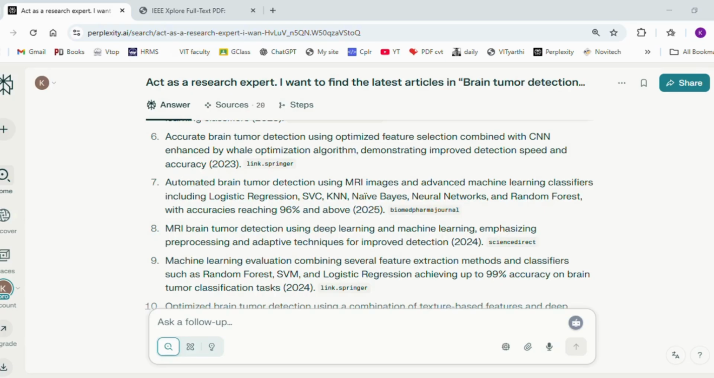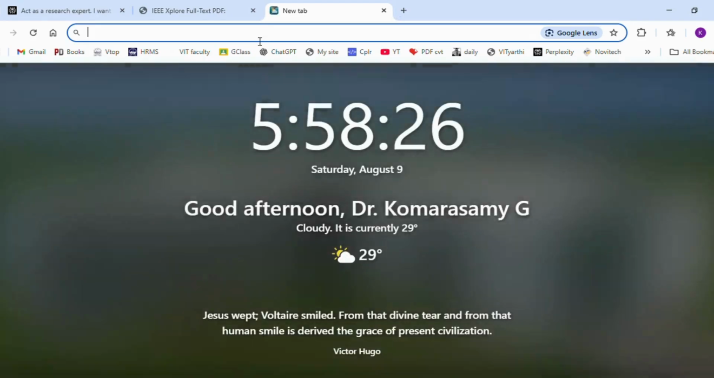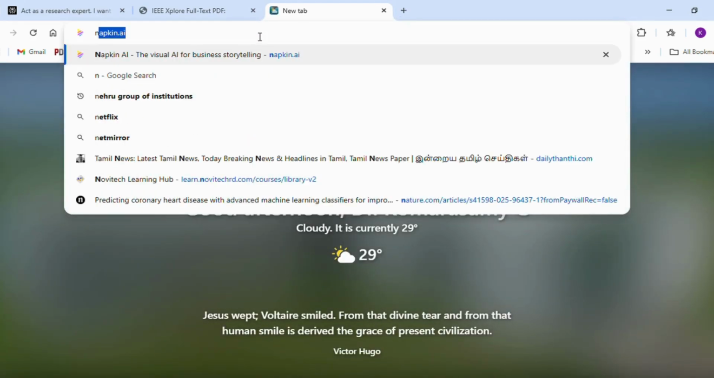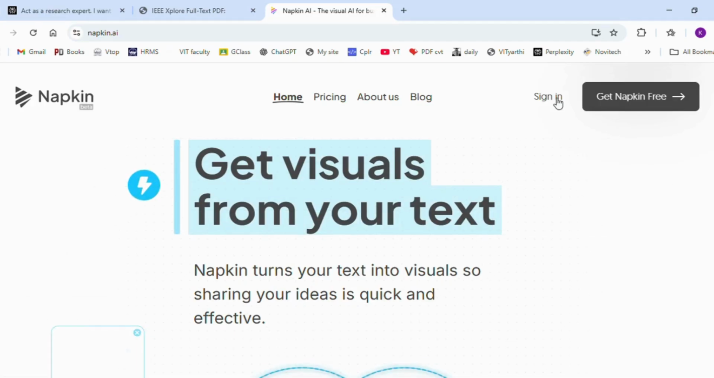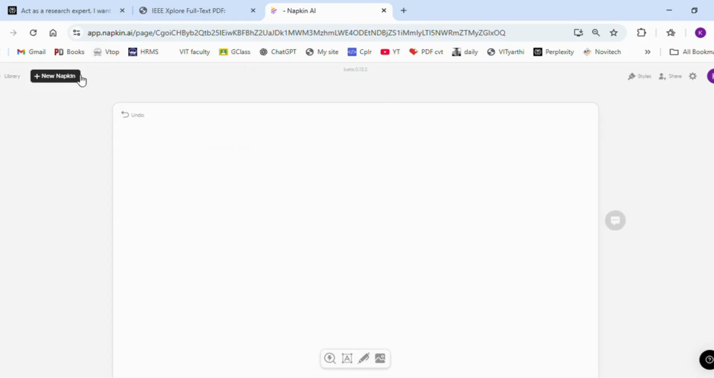So for that, you have a clear, interesting AI tool. That is Napkin AI. I'll show you. Napkin AI is a very interesting AI tool. You can get visuals from your text. Once it is open, you can click on sign in. You need to log in with your email. Once it is open, this is the front page. Here you can click on new napkin. You will get this window. Here you need to mention, for example, I want to find the